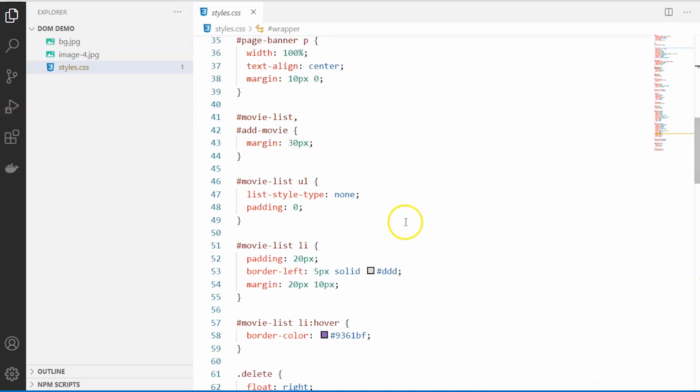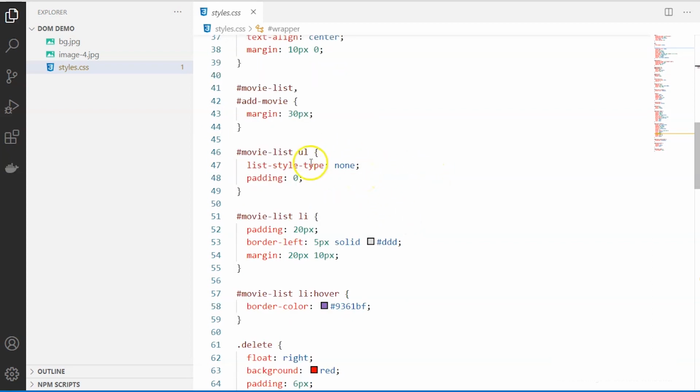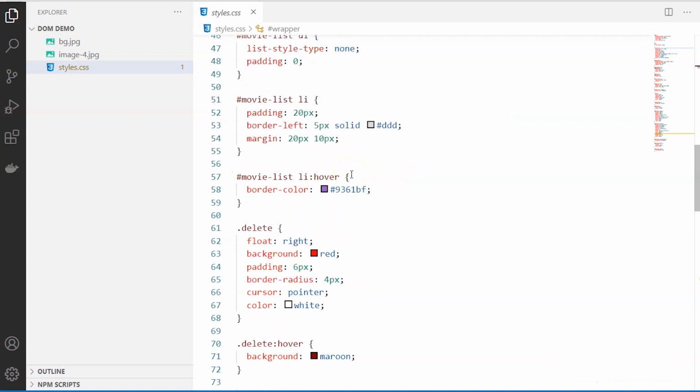Margin has been given there, and the list is an unordered list. For the unordered list, I don't want to specify any particular bullets. An ordered list will have numbers like 1, 2, 3 or ABCD. For unordered lists, usually bullets will be displayed, but I don't want any bullets, so I'm displaying that as none.